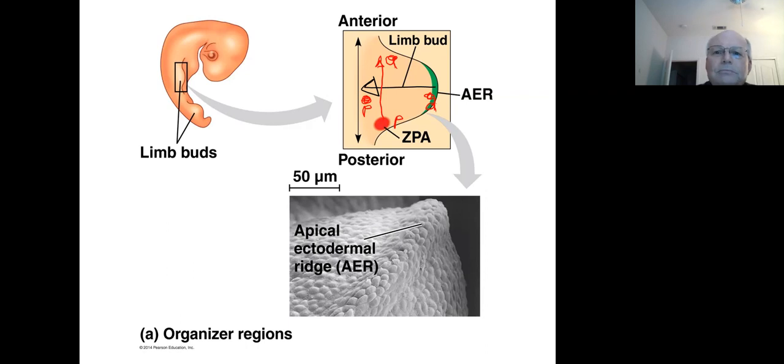We've got the proximal distal, thanks to the apical ectodermal ridge, and we've got the anterior posterior, thanks to the ZPA. And both of these produce a gene product, a protein, that establishes these axes. And both of these genes are actually members of the Hox gene family. So ZPA produces the protein that is related to